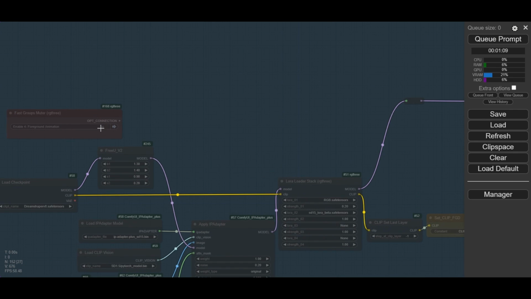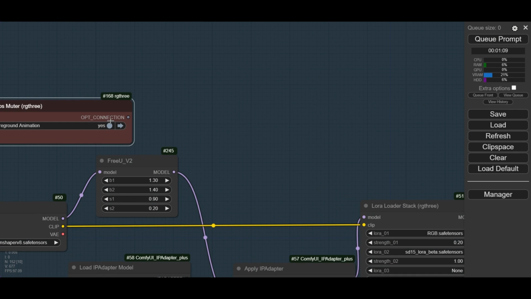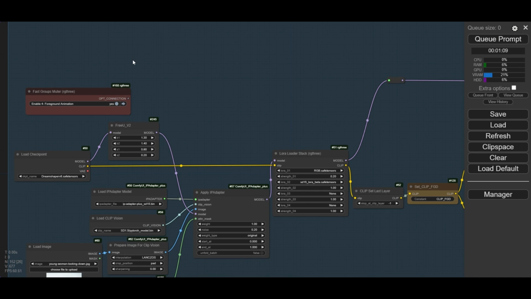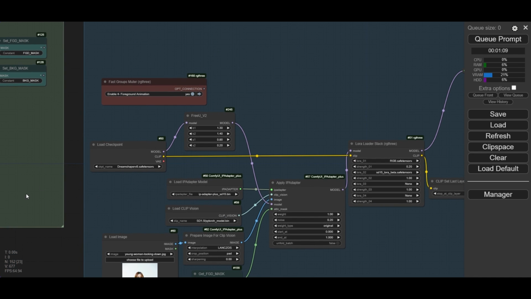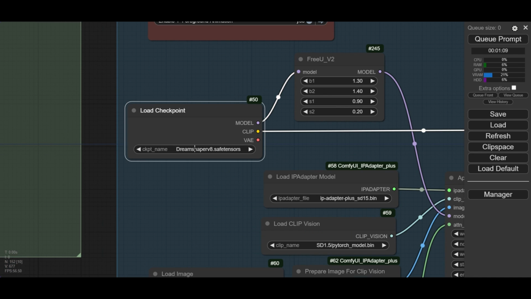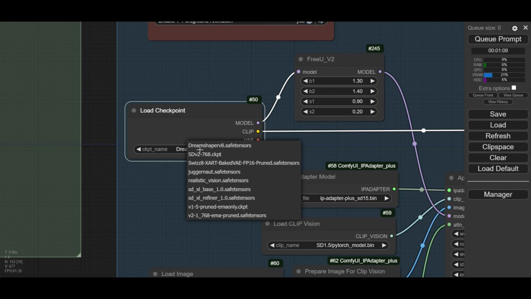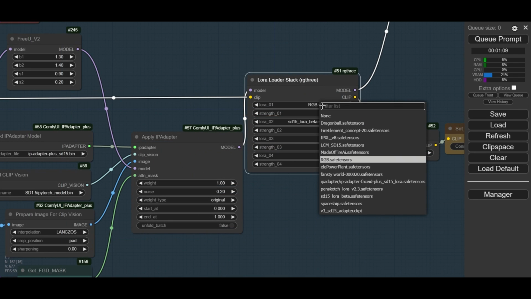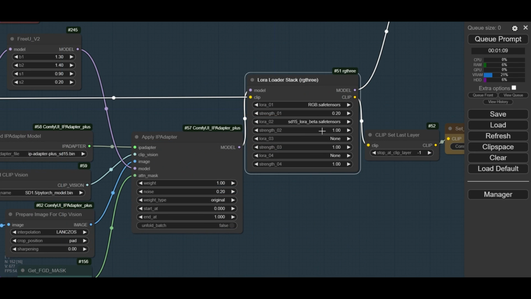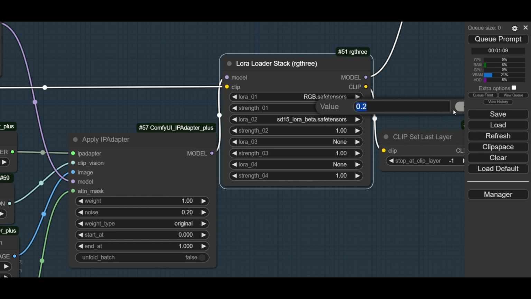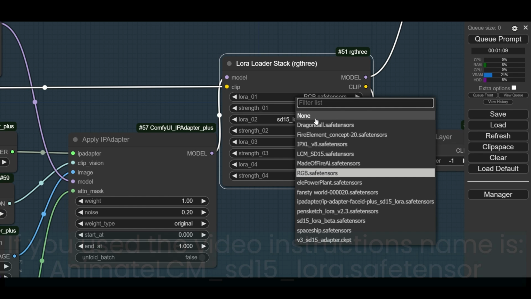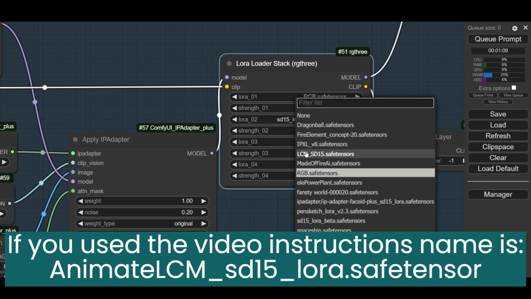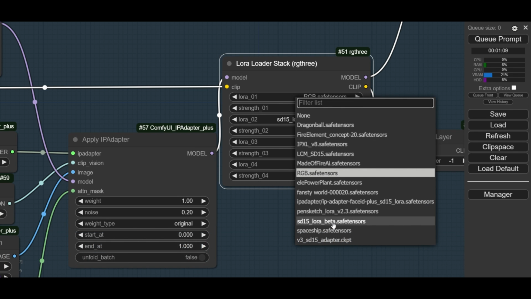Activate the group so you can start creating the animation for the main character. The workflow for the foreground is very similar to the one for the background, but with some important key differences. We are going to use the Dream Shaper model, which is a different model than for the background. In the stacker we are now going to select the RGB LoRa with a strength of 0.2. We are going to use AnimateLCM, so we need to select the LCM LoRa model. Choose it from the drop-down menu and use a strength of